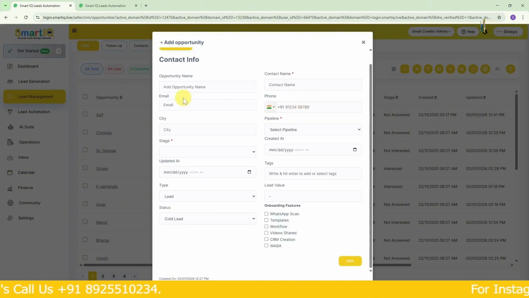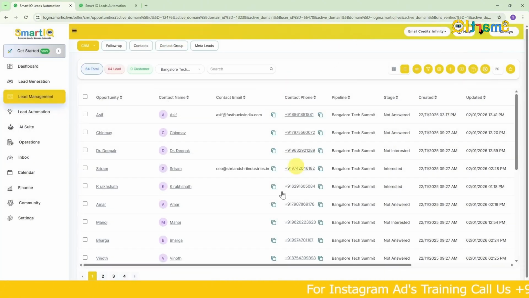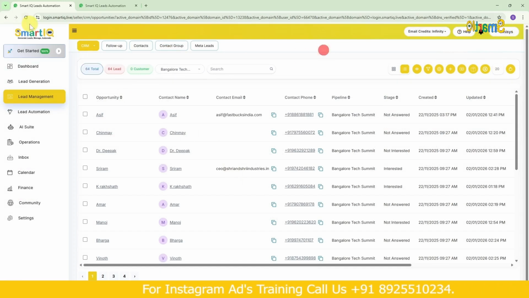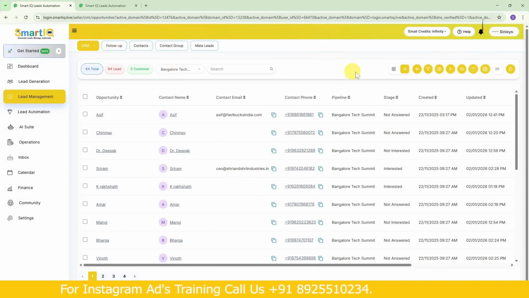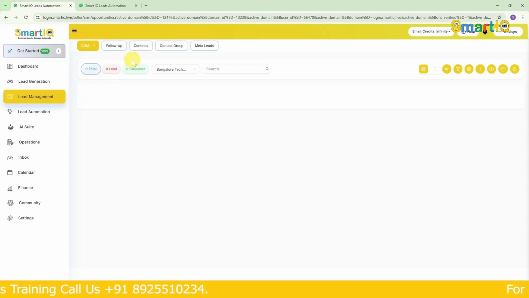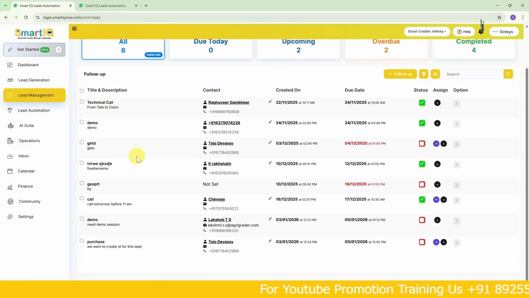Now, if we want to add a new contact, we can do that here by adding it in this section. Overall, these are the features we have in the CRM. So for follow-ups, say I want to add a follow-up for a customer, like for a demo or for making a purchase. I'll check that in this follow-up tab. So when I click on follow-up, everything I've added will show up here. For example, if we've added a purchase, it will show up here.